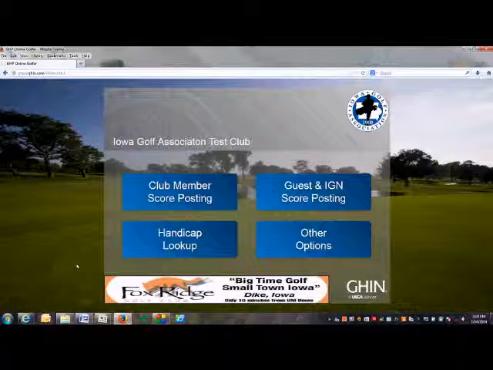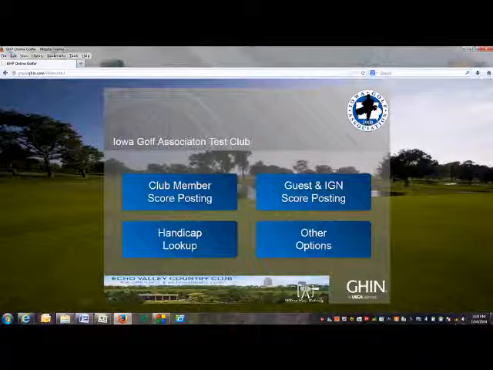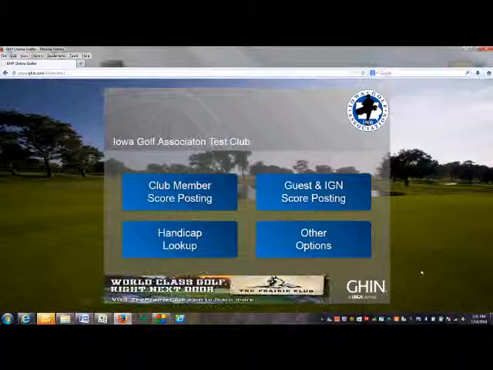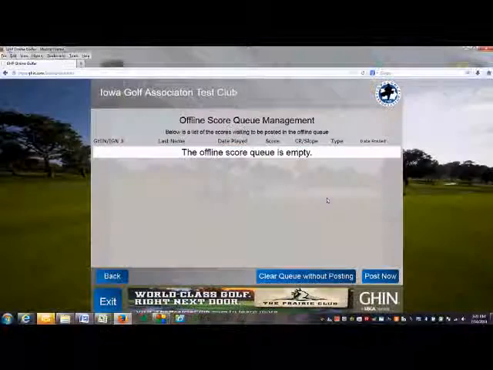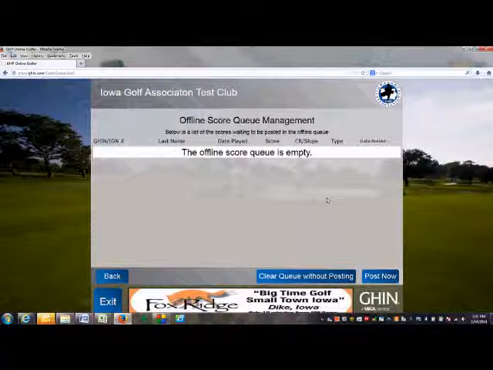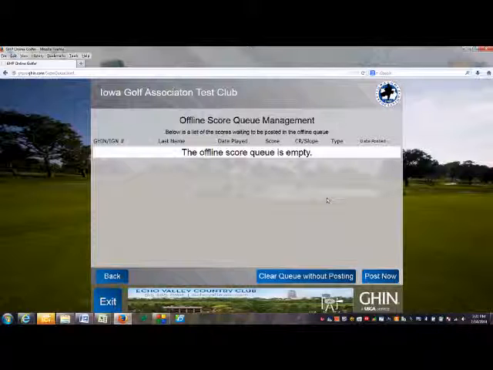On my laptop, I'm going to slide the wireless connection back on, and you can see down in my system tray that it's finding our network here. Okay, now that internet connectivity has been restored, I'm going to go back into my offline score queue, and I can see that the score queue has emptied. By no action of my own, when the internet connectivity came back on, the page refreshed itself. It noticed that there was activity since it had been online last, and it went ahead and sent those scores